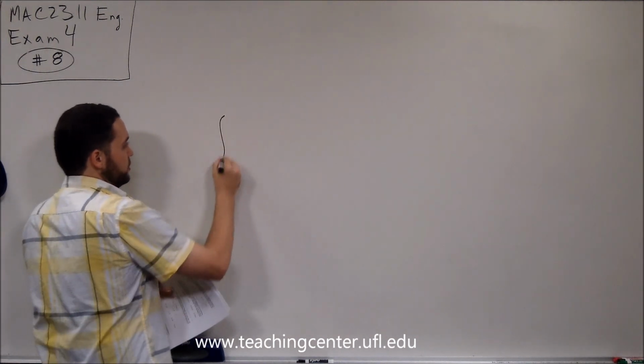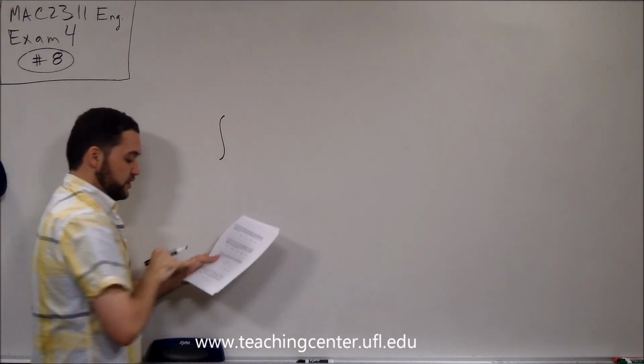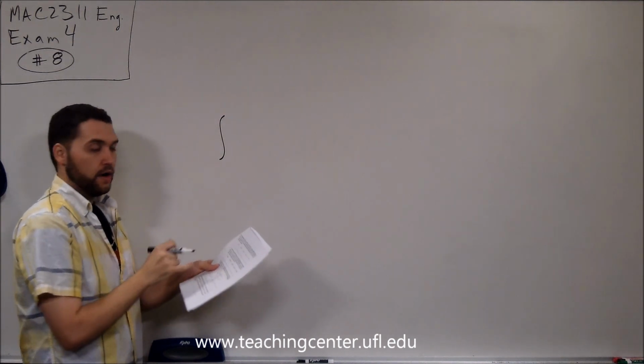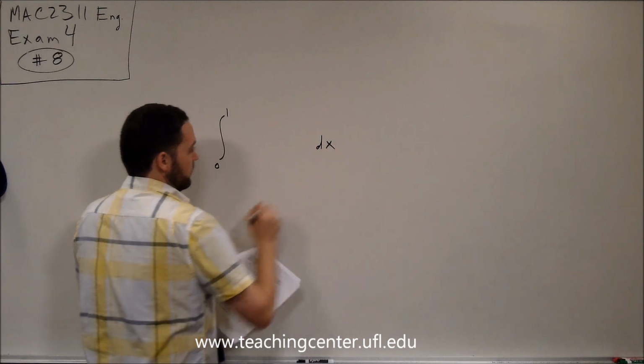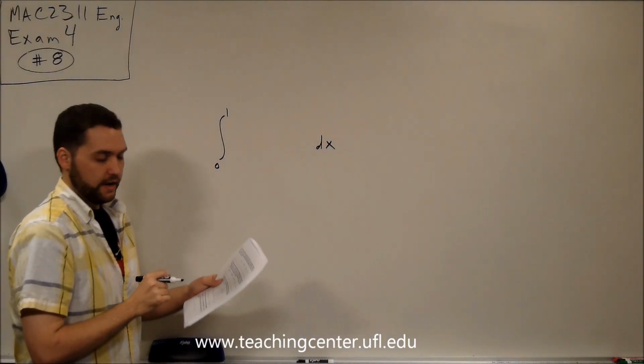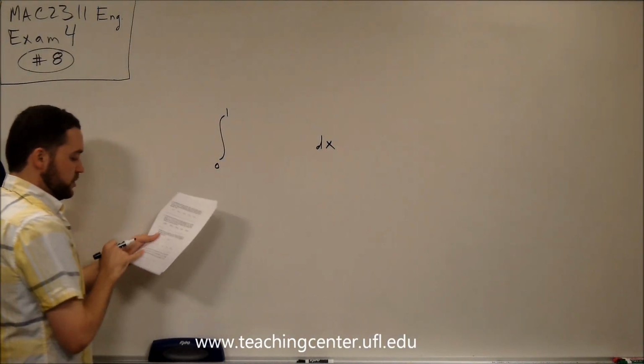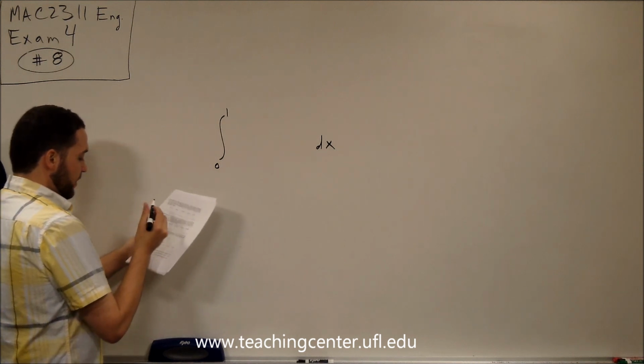Well, we know it's just going to be the integral of some bounds, and they actually give you the bounds. They tell you it's from 0 to 1. So that's fine. And then you're going to have a little dx here. But what's the actual function we're trying to integrate? Well, if we read this, you could just ignore the summation symbol. So all that we have left is